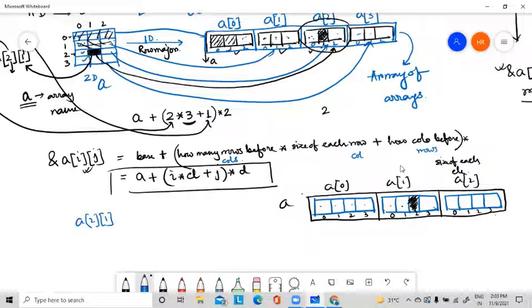If I calculate, how many columns before, this is the column value, 1 column before. What is the size of each column? The size of each column is 4. First the base address, and then how many rows before, 2 rows before, okay. So this will give you 6, here it will give you 7, here it will give you 6, see, 1 2 3 4 5 6. So in this way you can calculate. If it is column major, then you will get a representation like this.